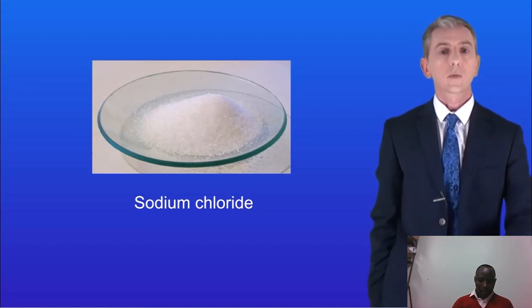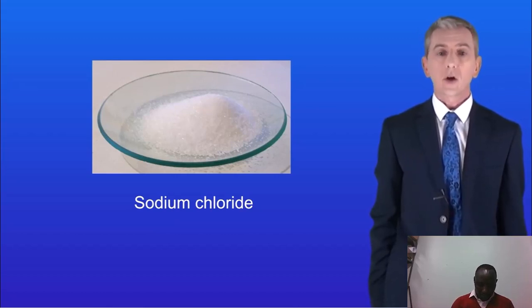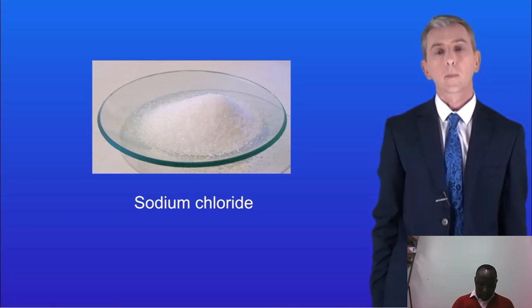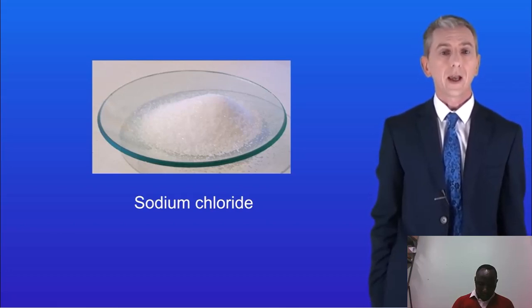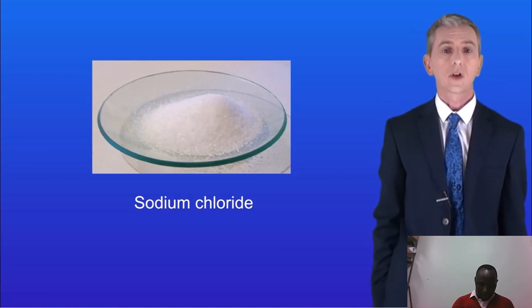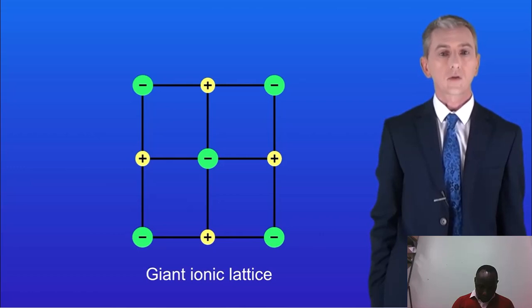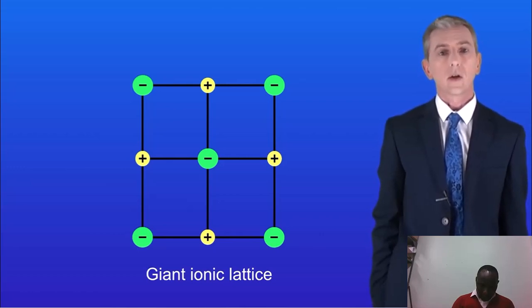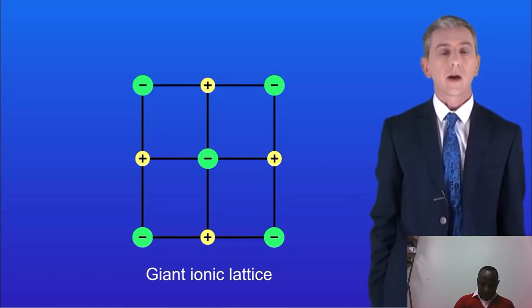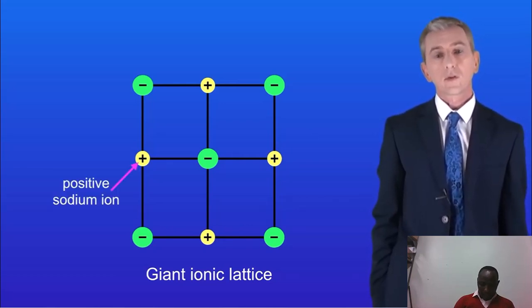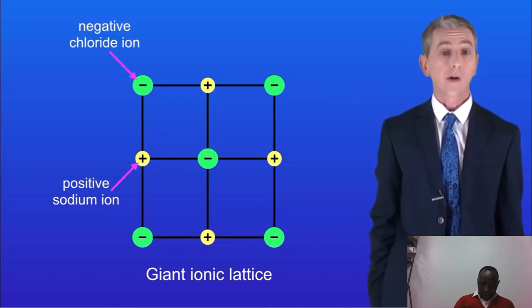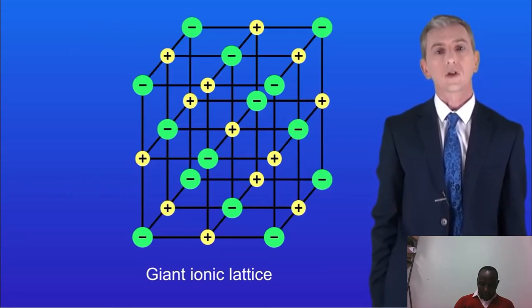As you can see, sodium chloride is a crystal, and in fact many ionic compounds form crystals like this. So in this video we're looking at how the ions are arranged in a crystal and how this determines their properties. The first key fact is that ionic compounds form giant structures where every positive ion is surrounded by negative ions and vice versa. I'm showing you that here for sodium chloride. So we've got positive sodium ions surrounded by negative chloride ions. Scientists call this a giant ionic lattice. Giant ionic lattices are three-dimensional.